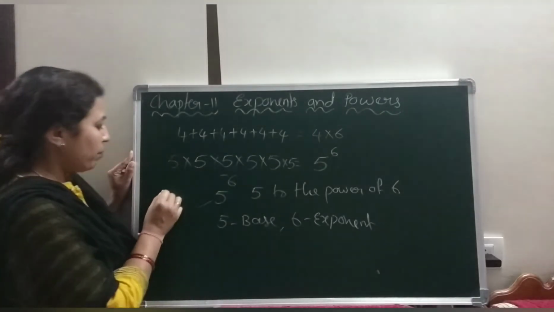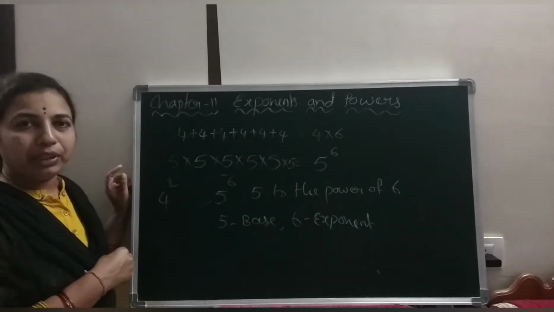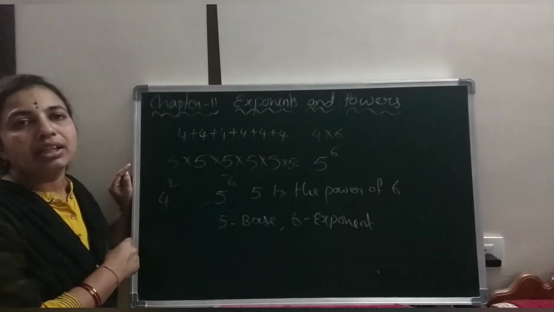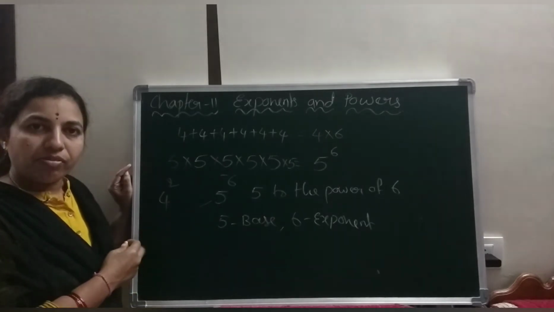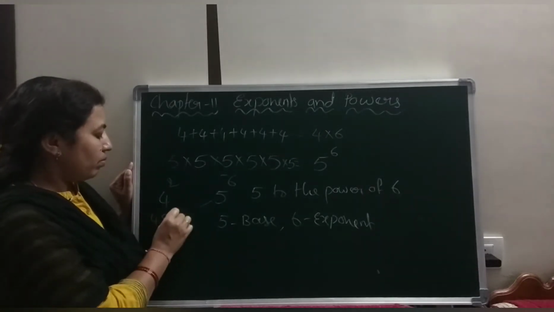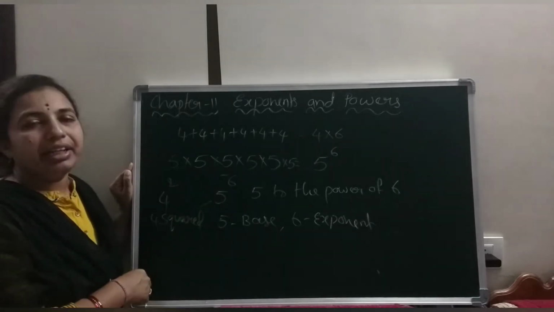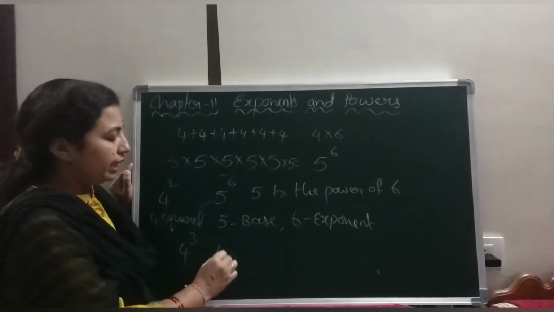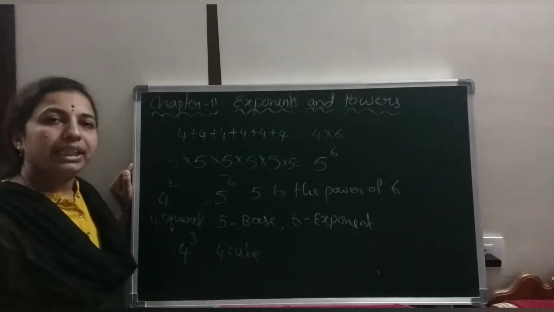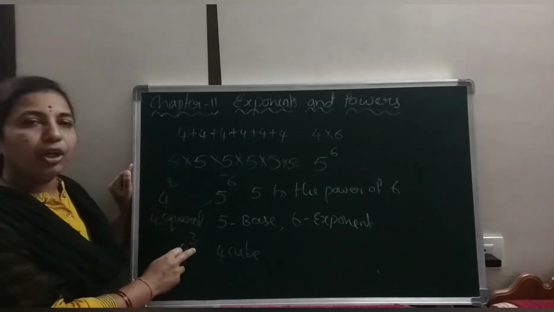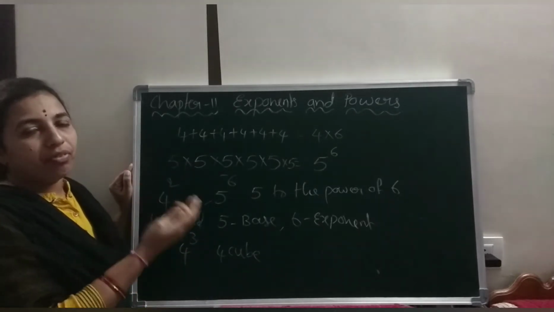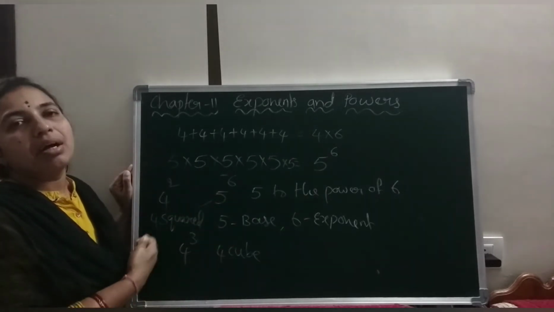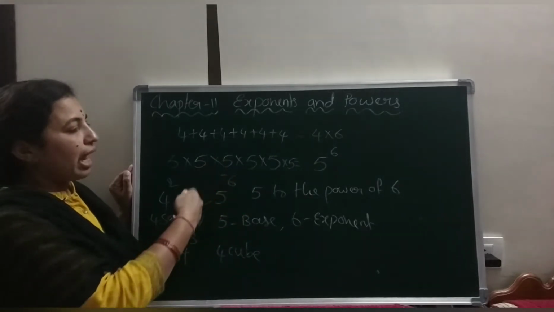If it is only 2 times, 4 is multiplied 2 times, we will write it as 4 to the power of 2. Whenever we have 2, we will read it as 4 square. Actually it is squared, but while reading we will read it as 4 square. And if it is 3 times multiplied, we will read it as 4 cube. Only for these two, square and cube. And the remaining all we will read as 5 to the power of 4, 4 to the power of 5, based on the number of times it is multiplied. Okay. So this is about exponent.